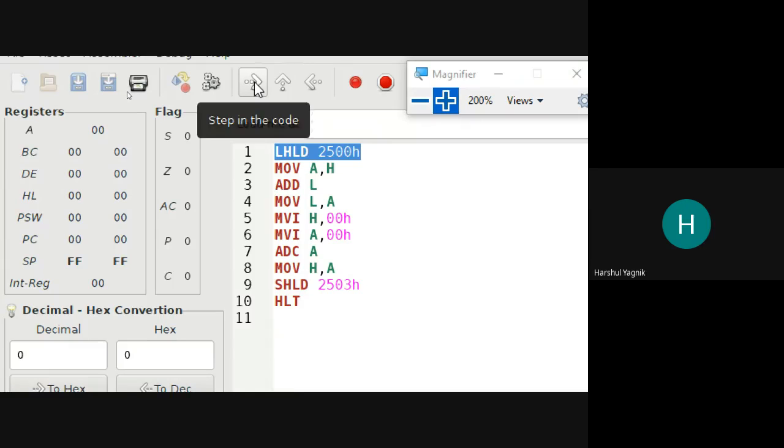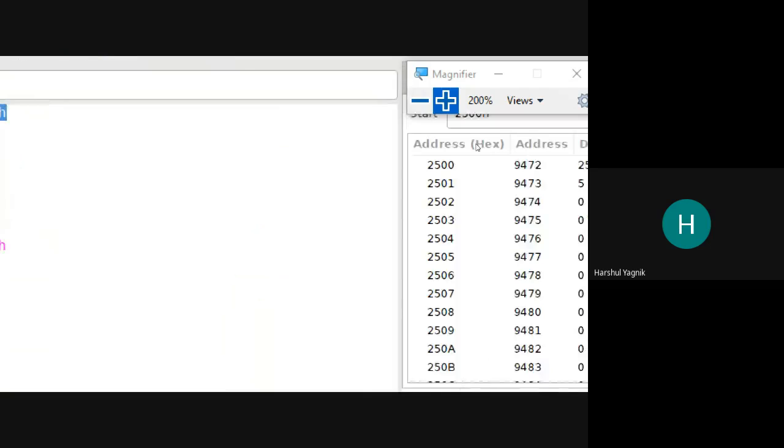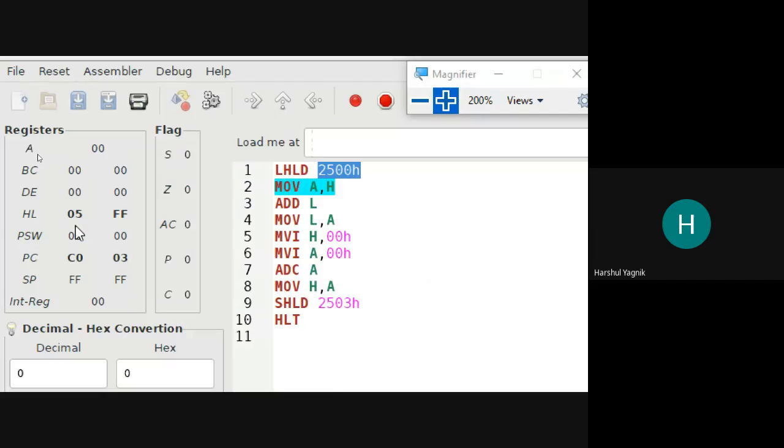When this instruction gets executed, the content of the HL register pair is updated. The content at the first memory location 2500 is copied to register L, and the content at the successive memory location 2501 is copied to register H. So two memory locations, two contents, in register H and register L are loaded with a single instruction.